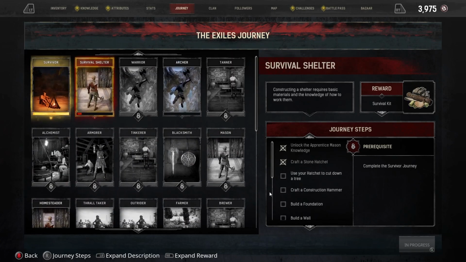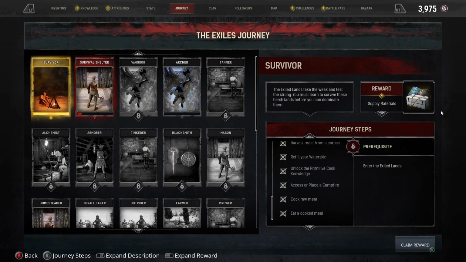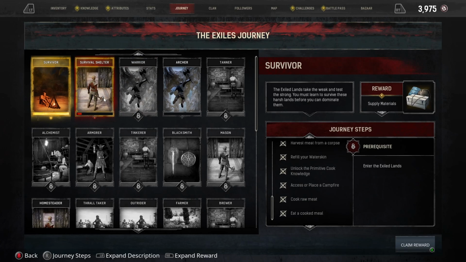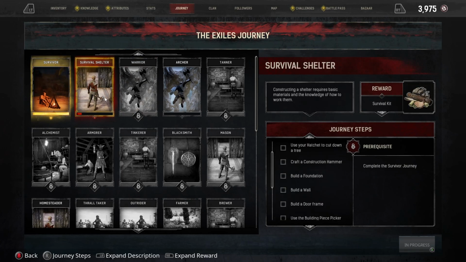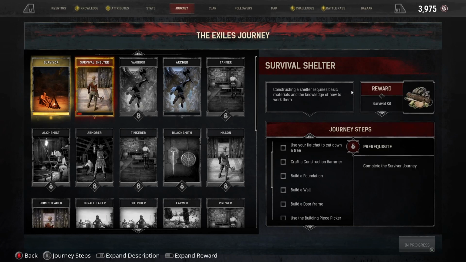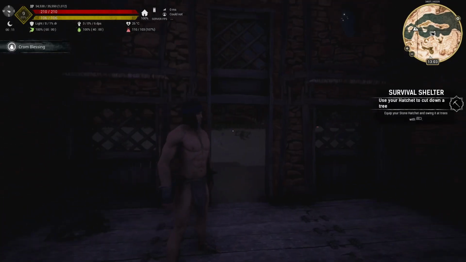Now each time you go through one of these, like in survival over here, it gave me a crate of survival supplies as a reward for finishing the journey. So there is a benefit to doing it. Sometimes it'll be rare items that you have problems finding in the game. Sometimes it'll just be pieces of armor or maybe some knowledge that's intrinsic to your character for making it further in the game. So, anyway,